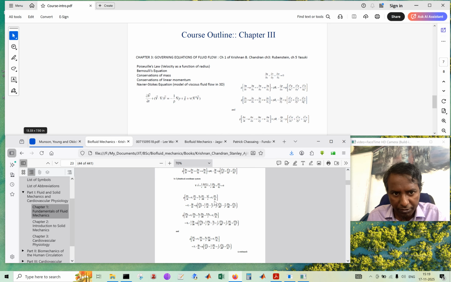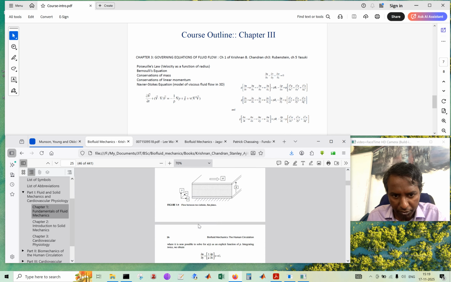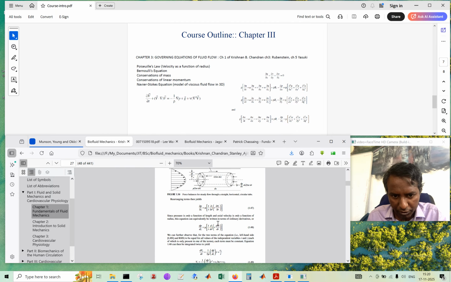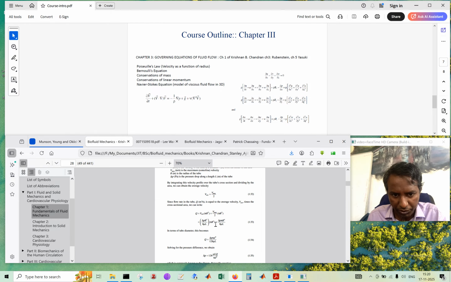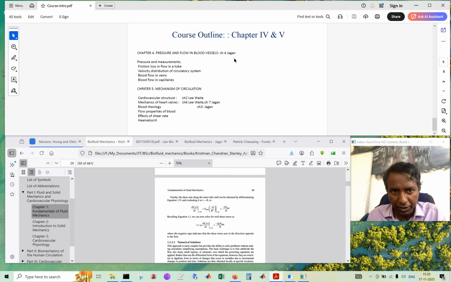Once we have this, then we can look at the different flows like parallel plate flow, the Couette flow, as well as Poiseuille's flow. We can derive these equations pretty easily. With this, we end these theories, and then we move on to the application chapters, chapters 4 and 5, which deal with